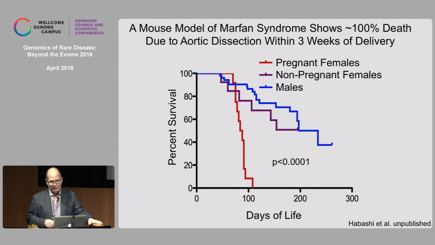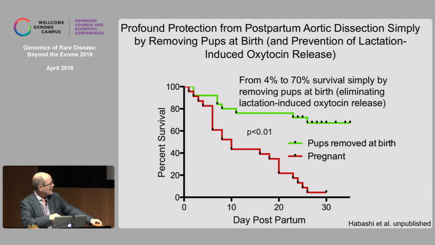So initially we asked a very simple question. What would happen if we allowed these mice to become pregnant, allowed them to deliver, but simply took the pups away right after birth to prevent lactation-induced oxytocin release? And the answer was that this simple manipulation transitioned survival from near 0% up to 70%, simply by removing the